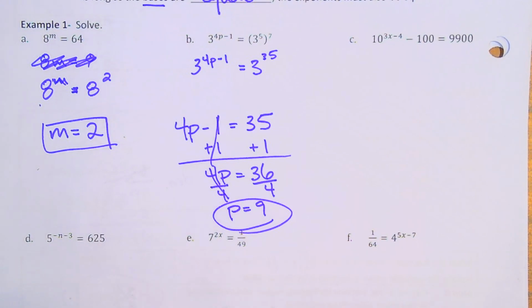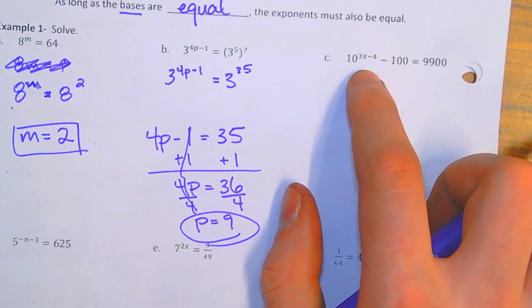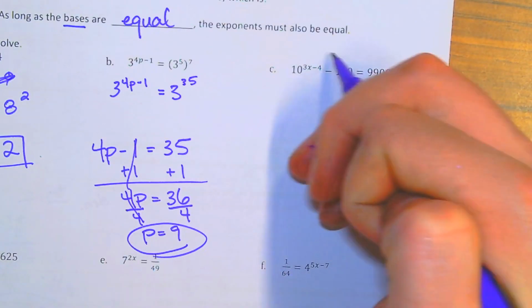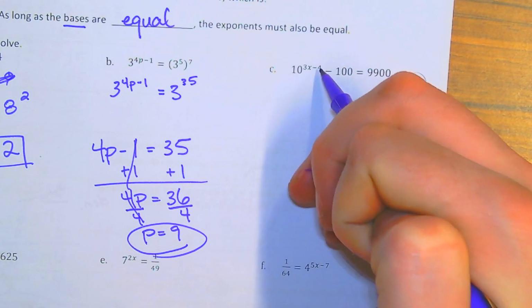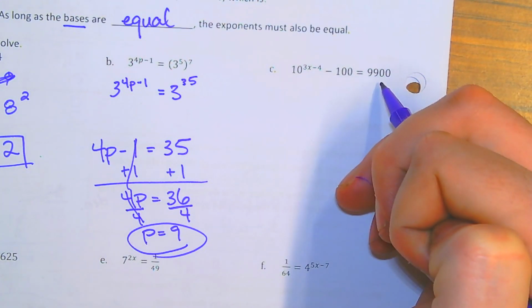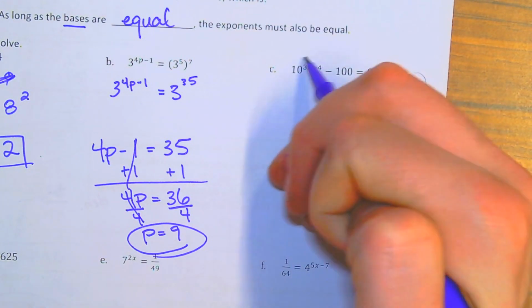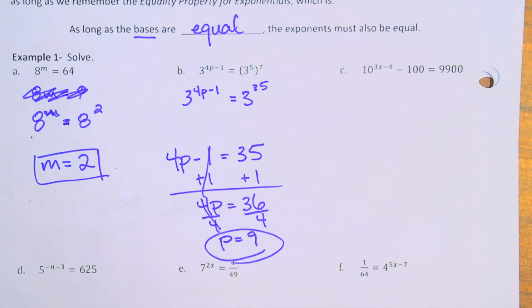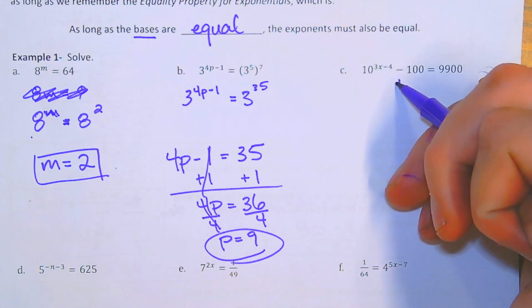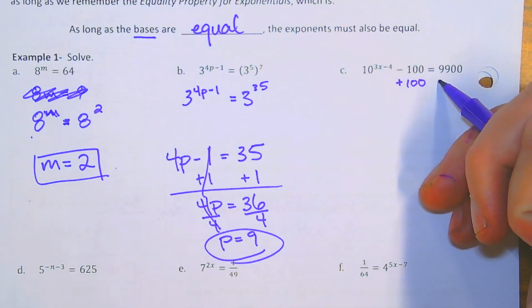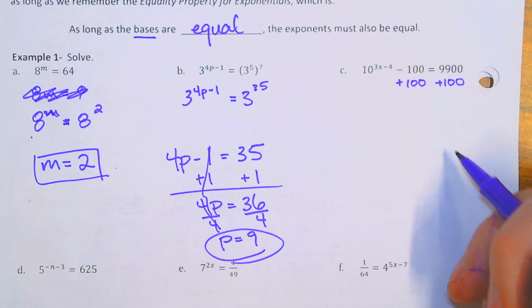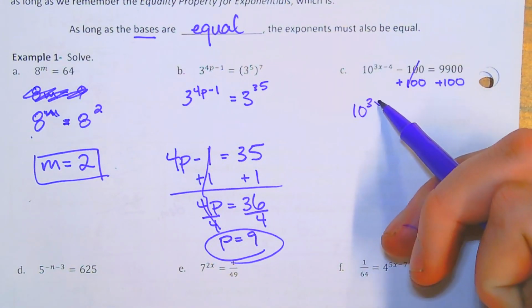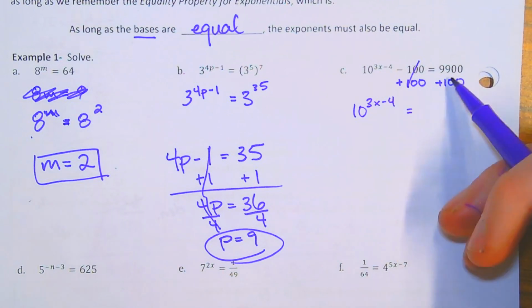So, let's move on to our next one. There is going to sometimes be some solving. Currently, I can't turn this into an exponent just quite yet. I need the exponent to be alone on its own side. So in order to do that, I want us to add the 100 over to the other side. That's our first step. Now those 100s are going to cancel, and that should leave me with 10 to the 3x minus 4 equals